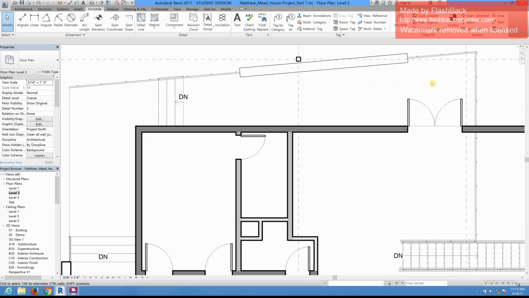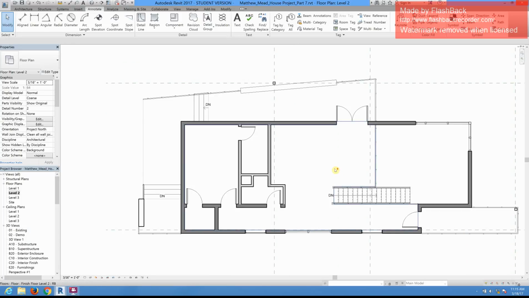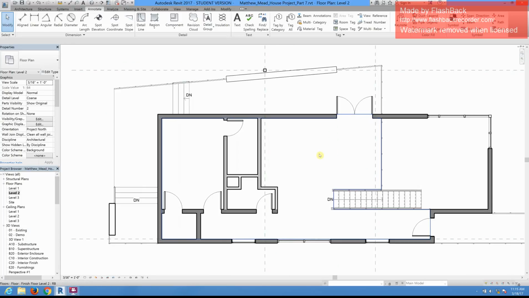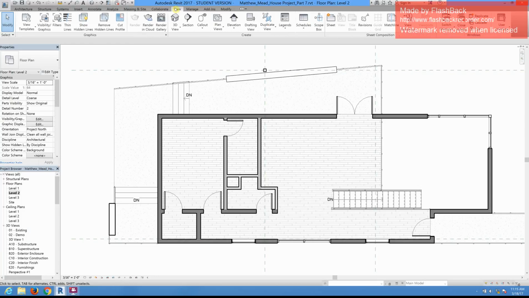And I did the same thing for the concrete pattern of my walkway, okay? So we've done two things here. We've made the surface pattern half as dark, and we've also hidden our elevation tags, okay? So let's say I want to make this a consistent element for all of my floor plans, okay? So what I'm going to do is go up to Manage, View, and click on View Templates, and I'm going to click on Create Template from Current